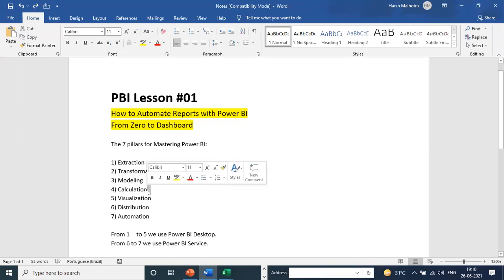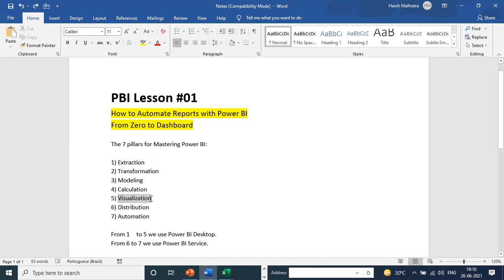And the fourth one is calculation. Like I have already shown you in the Excel file, we have only unit price and unit cost. When we multiply them together, it belongs to sales. Then this calculation is done in Power BI.